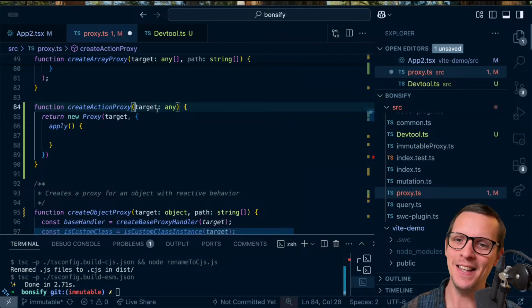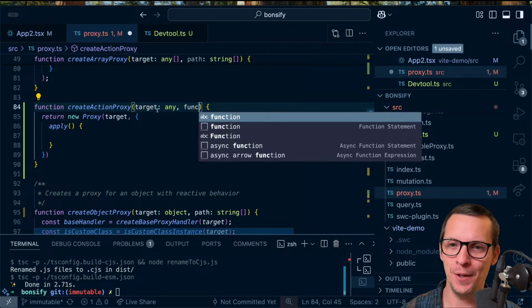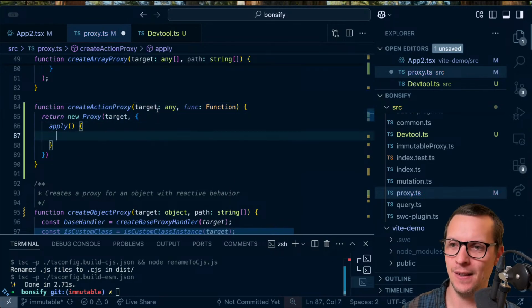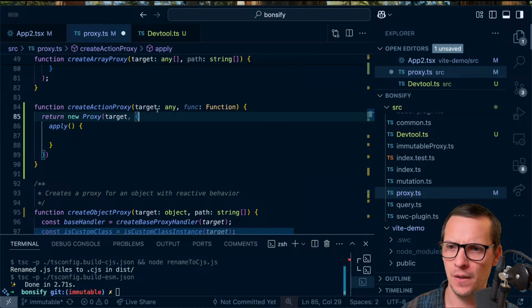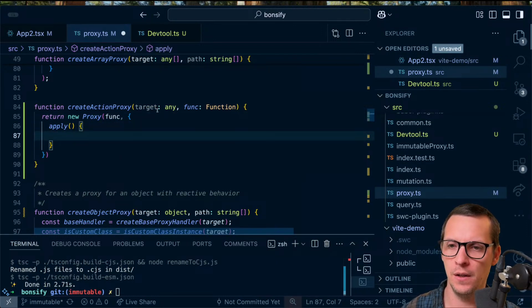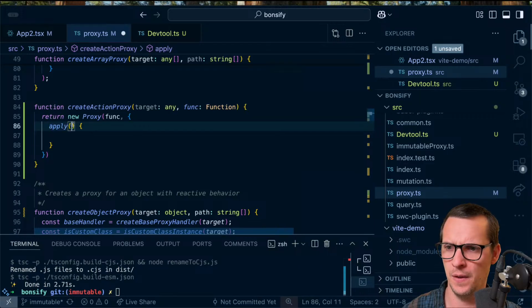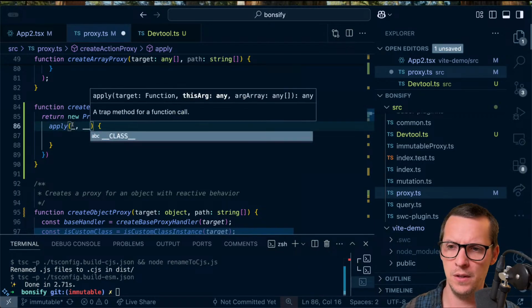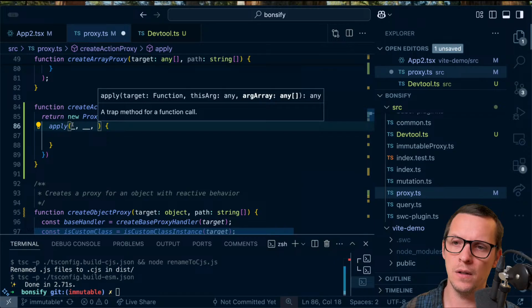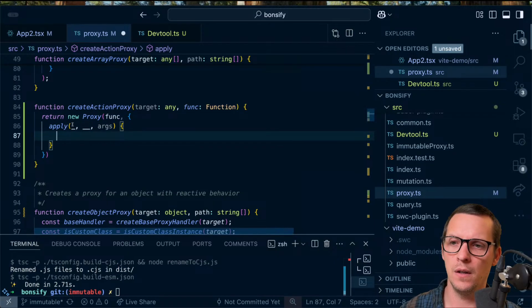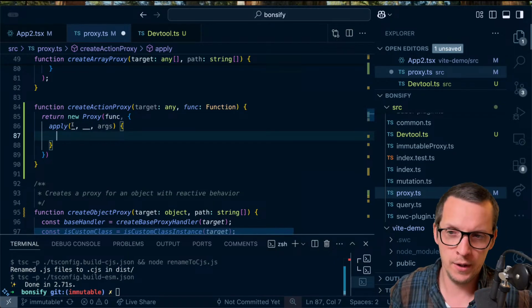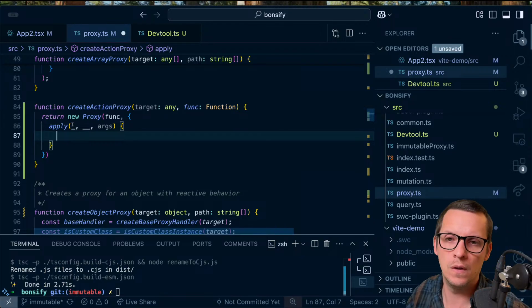But this is crazy stuff. But the point is, we're actually proxying the func, and then when this is called, I can't remember exactly how, this arg array, yeah. So we're just gonna do this, args, and when we call this, we are gonna do